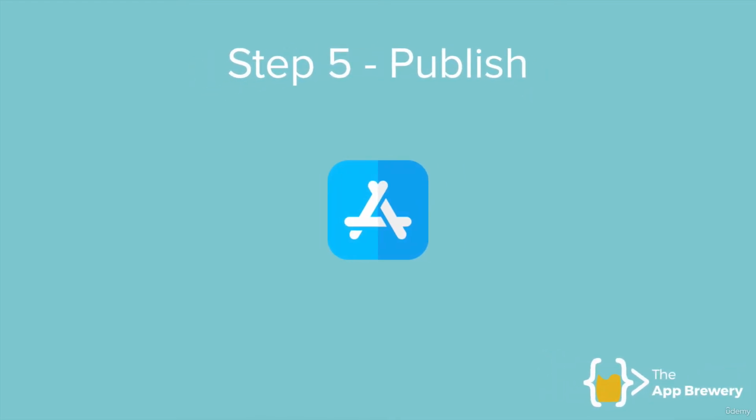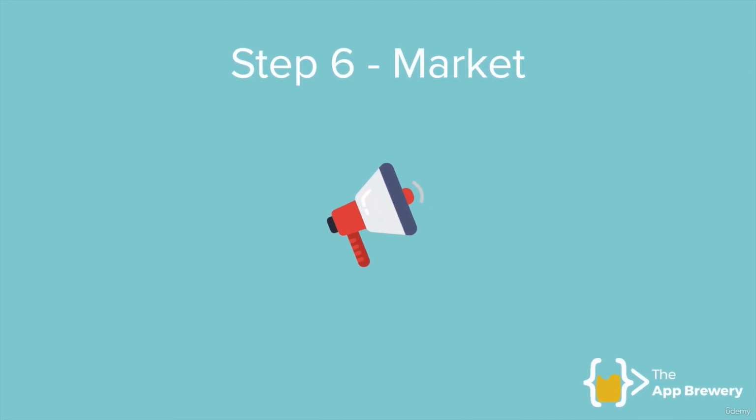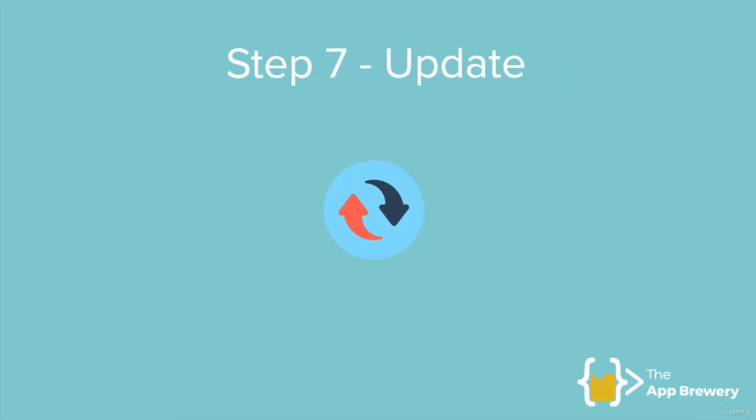Now, step 5, we're ready to publish it onto the App Store. And I'll tell you all of the ways that you can get press for your app launch, and also what are the rules behind getting your app featured on the App Store. Now that you've made and published your app, the next step is to tell people about it. So in this bootcamp, there's a full course on app marketing as well, where I show you all of the ways that you can get your first customers, get your loyal fans, and start getting those downloads and making revenue off the App Store.